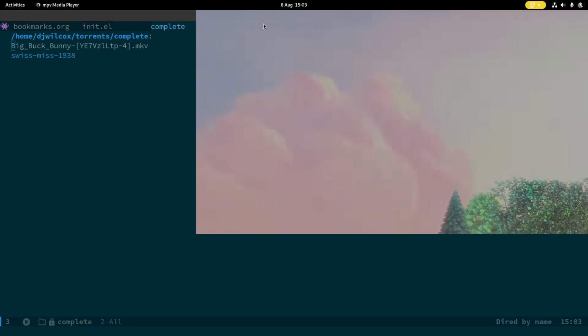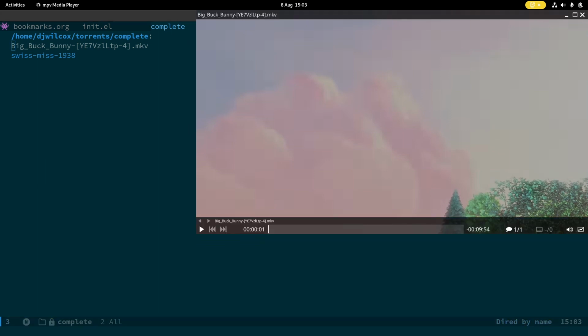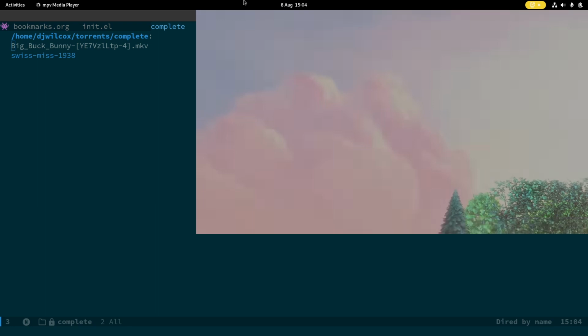So you can see here, this is another thing I wanted to mention. With GNOME on Linux, when you open a file in an application, that window comes to the forefront. So the first time you open the video, what's going to happen is the focus is going to shift from Emacs to mpv, and you can see up here it's saying mpv, and now Emacs has got